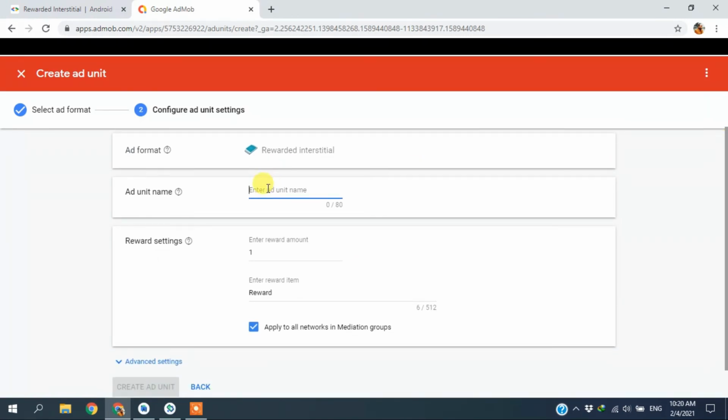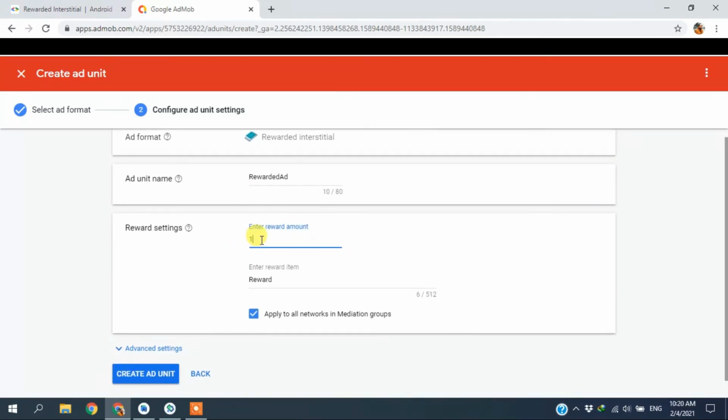I should put in a name for this. For example, I will put "rewarded ad." Okay, and as you can see, you can put the amount of this reward item here. You can put 10, and the reward item could be anything: coins, scores, money, gold, whatever you want. So if I set this to 10,